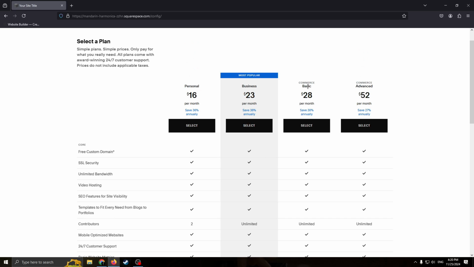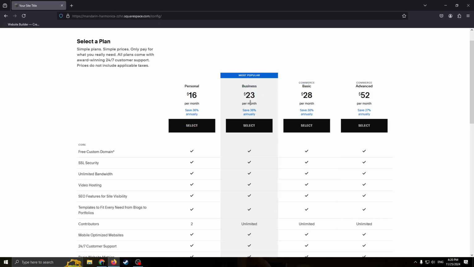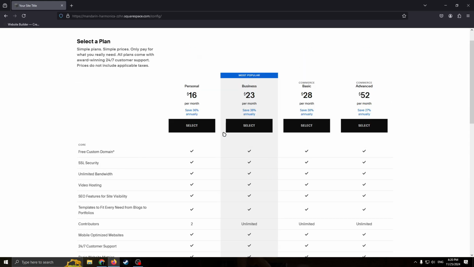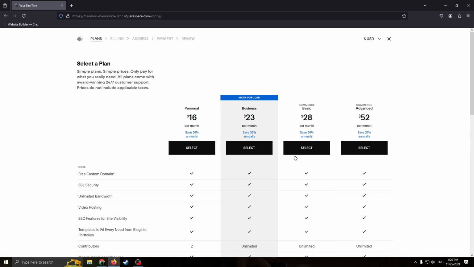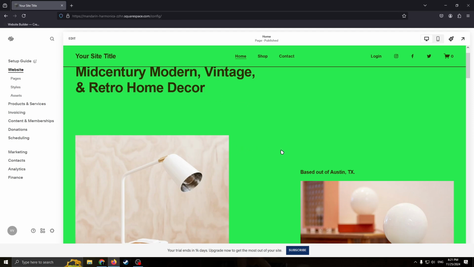If you are selling something on your website, I really recommend you choose a basic or advanced one. But the most popular one is the business one, only $23 per month. Also here you can see the advantages of each plan, what you are getting. So in general the site has a lot of functions, as I already said. And when you are done editing your website, when you're subscribed, instead of this subscribe button, you will be able